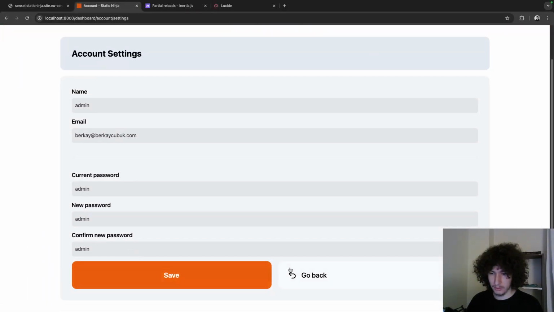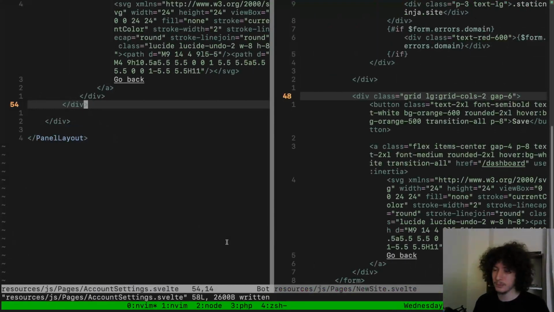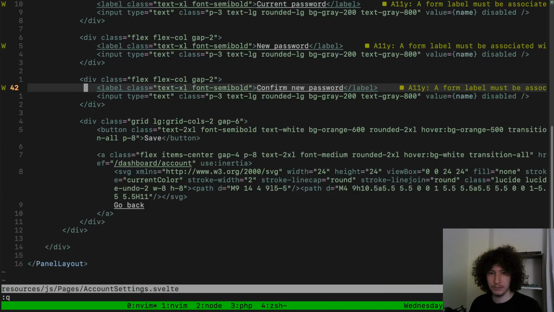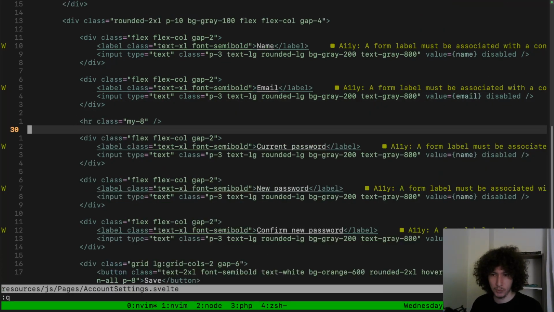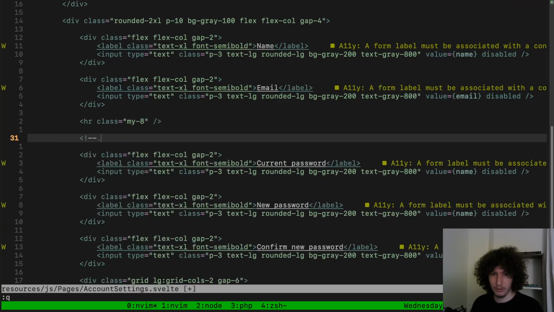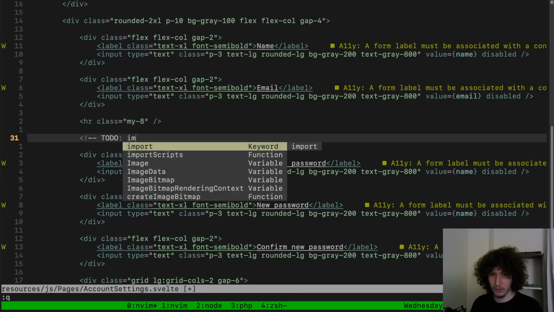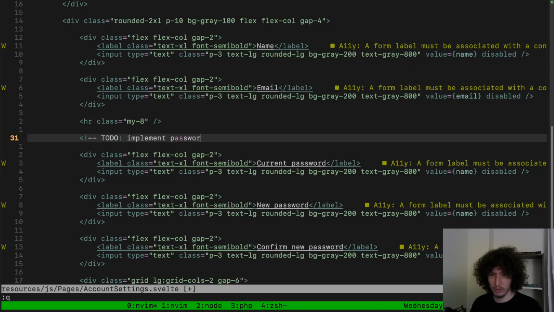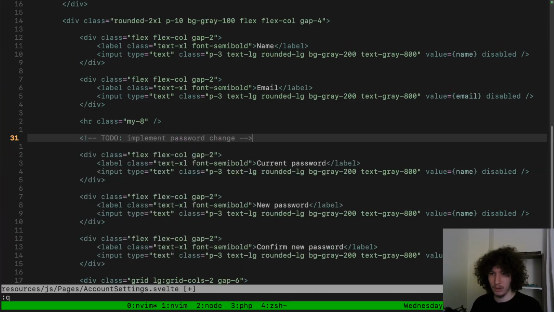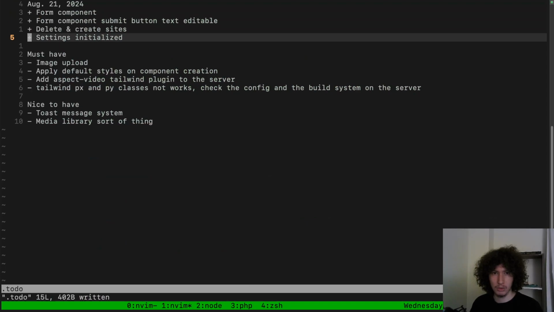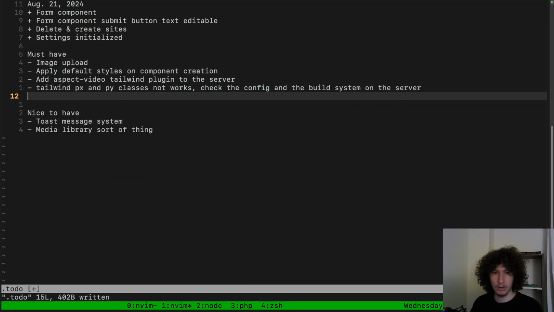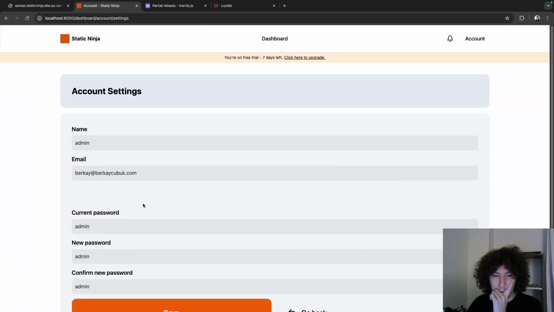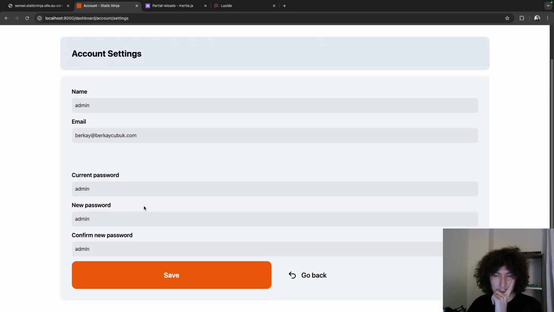Yeah. Password change. I don't want to do this now, so I'm adding it here. Account settings. So